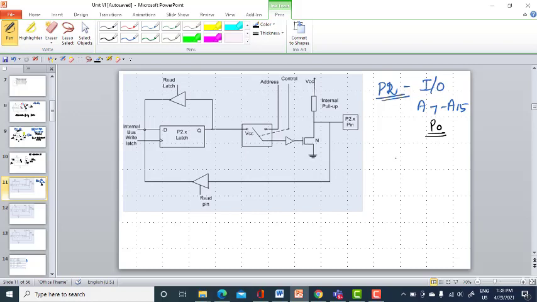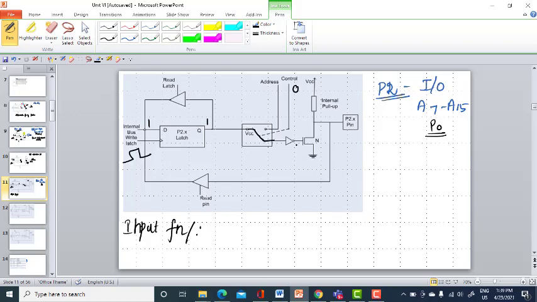Other than this you have an input output function. Let me tell you about your input function, how it is going to behave, the same function as you have read already. Now the control will be 0, and similarly the address I am not going to give. Internally, when you want to make P2 an input port, I need to place 1 at the D latch. When it has a clock, I will have 1 here, and you have a NOT gate here.